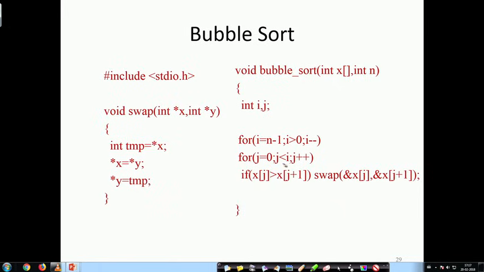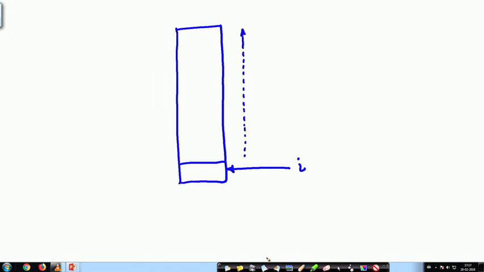And then for j equal to 0, j less than i, j plus plus. If x j is greater than x j plus 1, what does that mean? Let us go back to this. j is starting from 0, and I am comparing this value 50 with the value 2 at j plus 1.